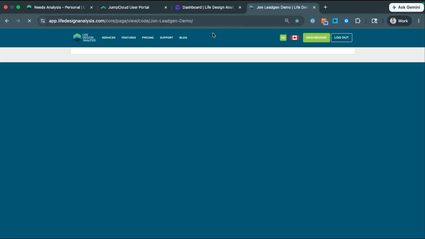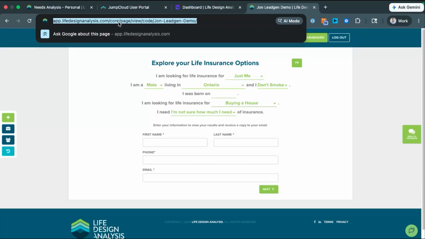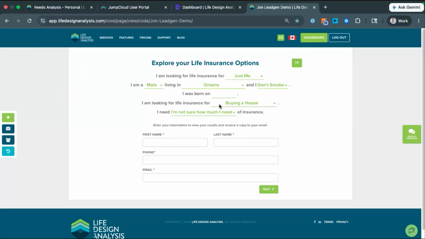Now, the other one is the LDA web tool called Lead Gen that you can embed onto a landing page or into your website. So generally speaking, let's say a lead comes from a mortgage broker. That's a very common one we hear. The mortgage broker refers a lead to an insurance advisor instead of going through the traditional mortgage insurance. So instead of sending them to you directly or you sending them a form, they would provide the link of where your lead generation add-on